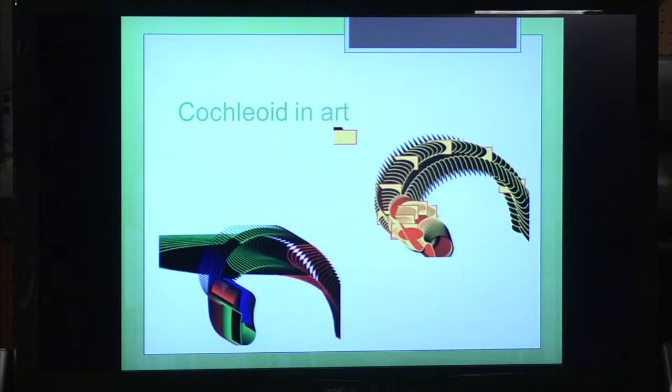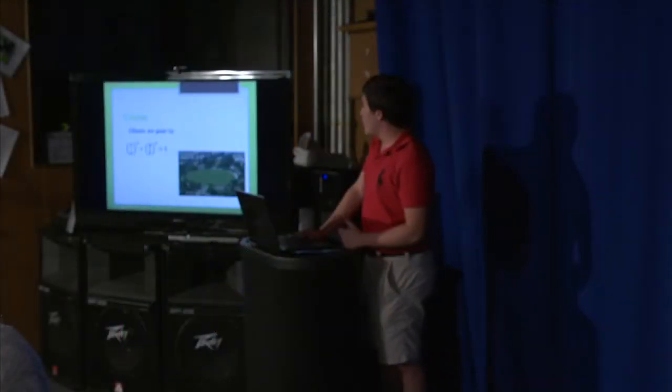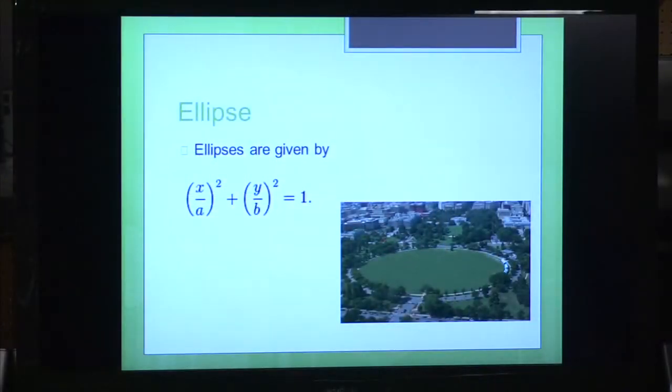These are extracts from different art paintings. In visual arts, spirals are very common, because if you want to create spirals, you use the cochleoid, since it's much easier to have a formula where you can see how it goes spinning and rotating. Keeping on with the ellipse, it's very common in visual arts in general. I think that's in one of the parks in Washington, D.C. You can see the ellipse in many different